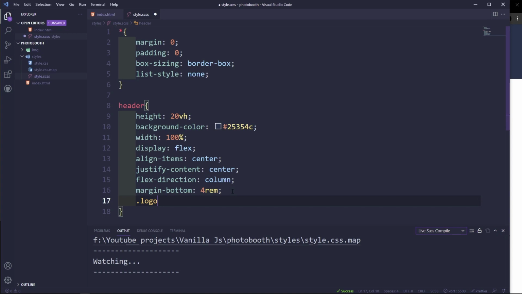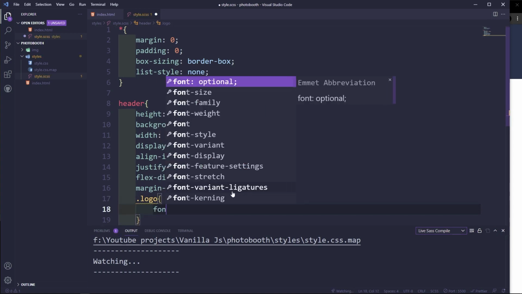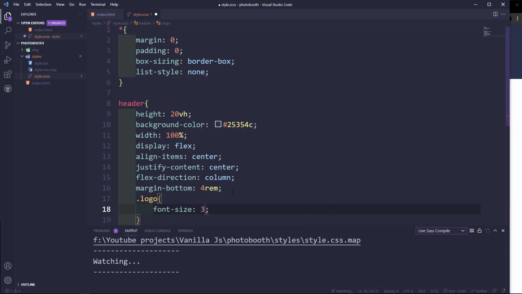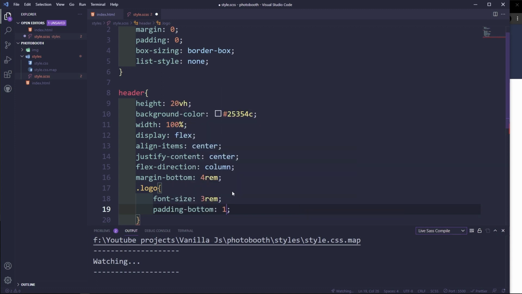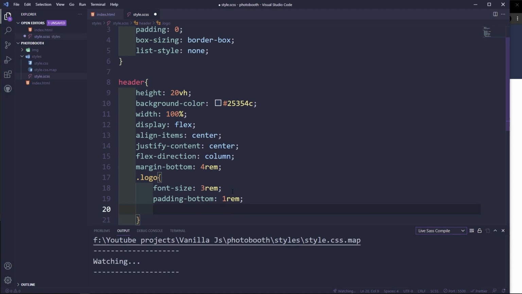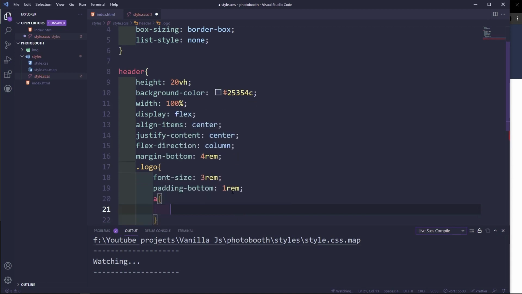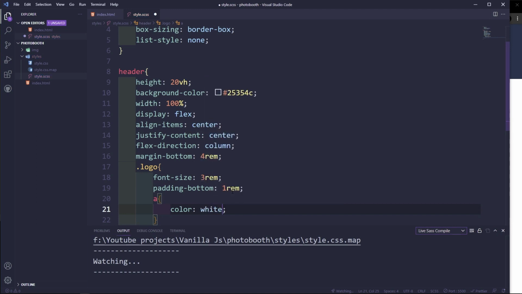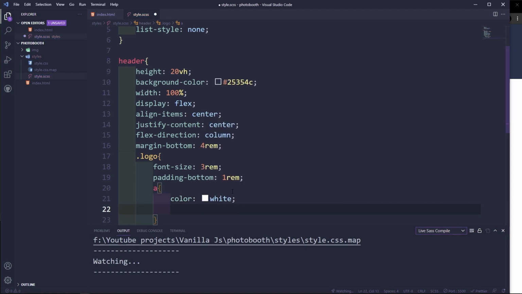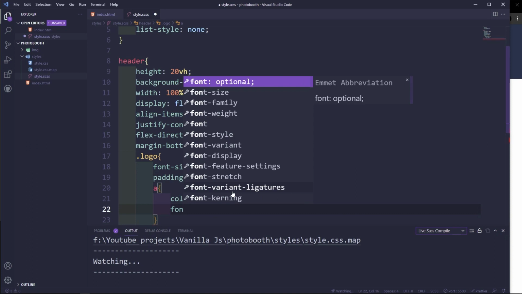Okay, so in the header we're going to target the logo. So logo, which is our H2, the font size is going to be 3rem, and then we're going to give it a padding bottom for this one. So padding bottom is going to be something like 1rem. Okay, after that we're going to target the anchor tag, which is inside the logo. Okay, so we're going to give a color of white. Okay, and then font family,